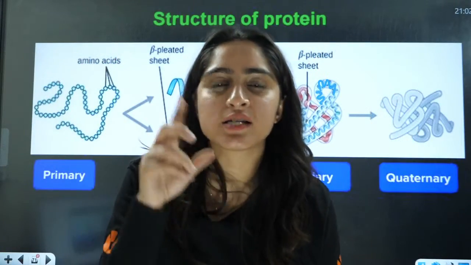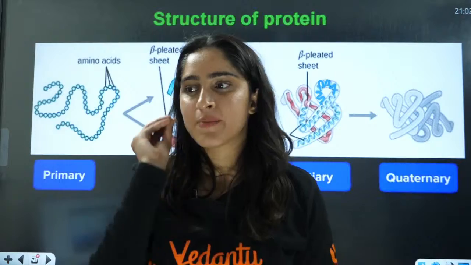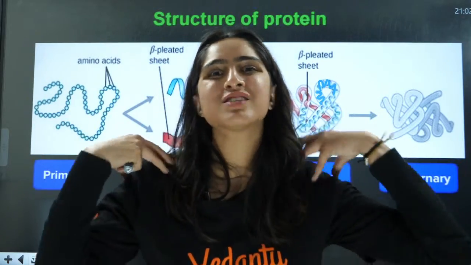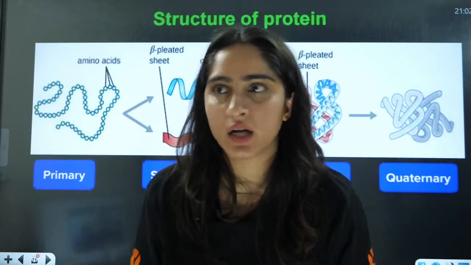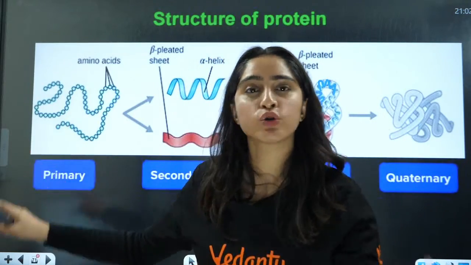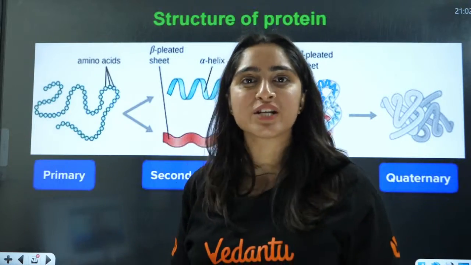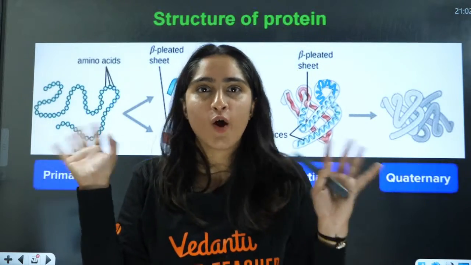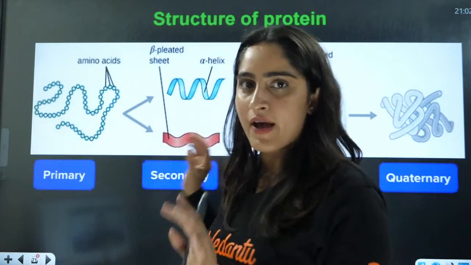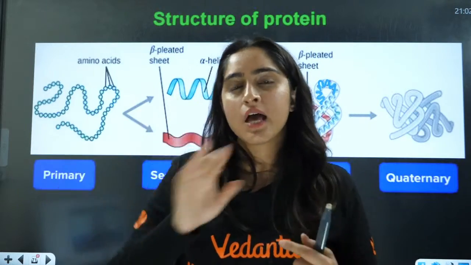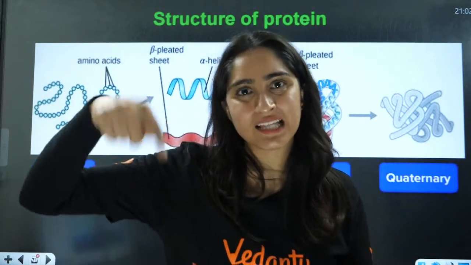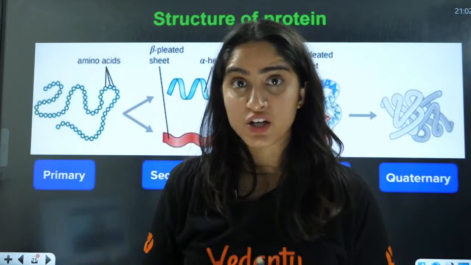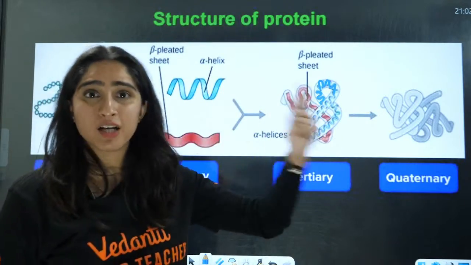For example, a snake is going through the pipe. Just imagine a snake going through the pipe. How the snake's skin is linked to each other is the primary structure. This is your snake. Now how your snake is dancing or how your snake is walking, that is the alpha helix structure, whether it's like this or like this. The snake is like this and it is in a pipe. That pipe will be the tertiary structure, further complexity.